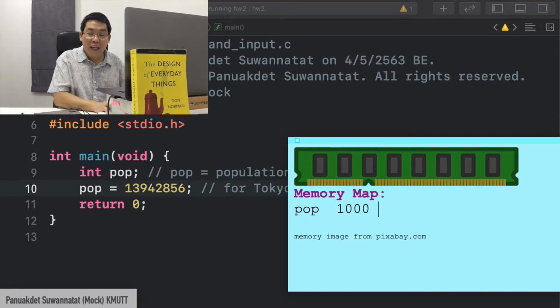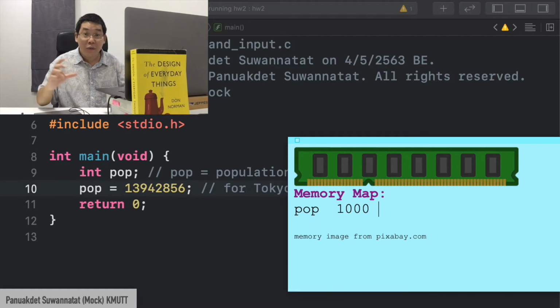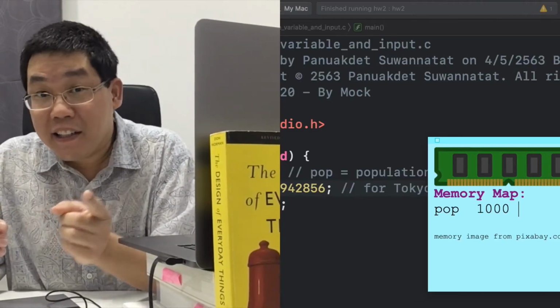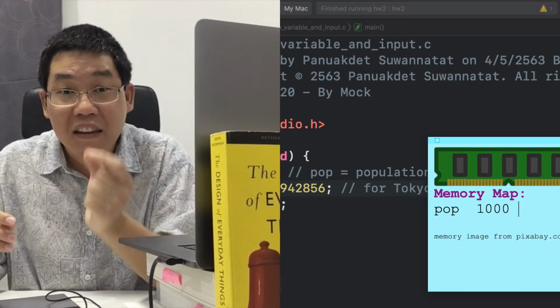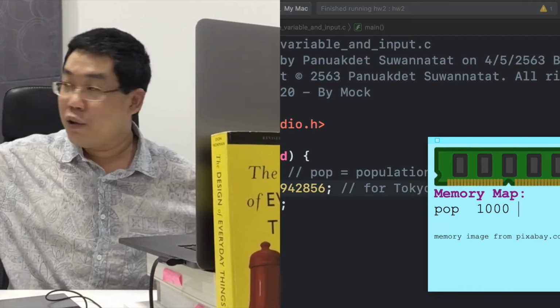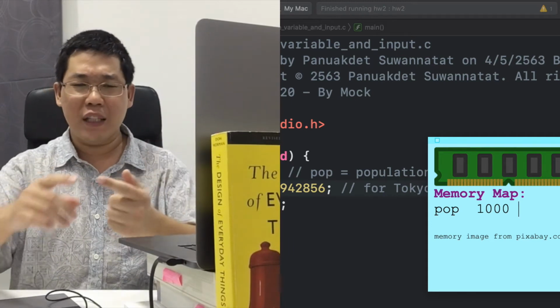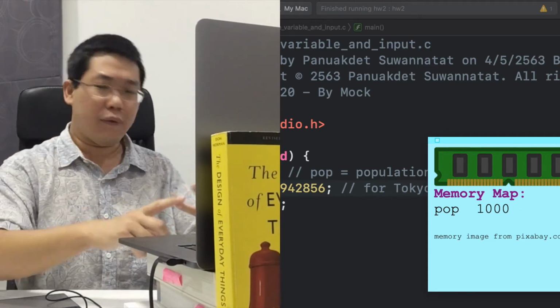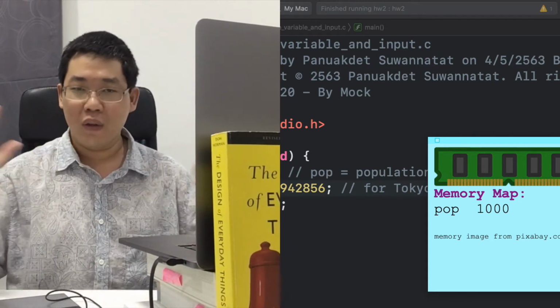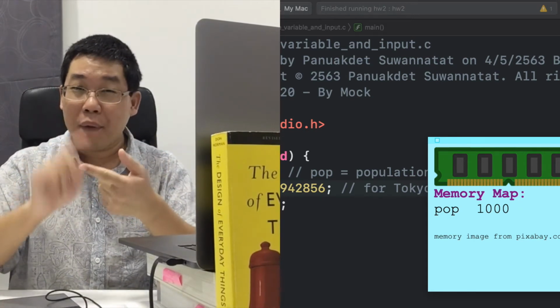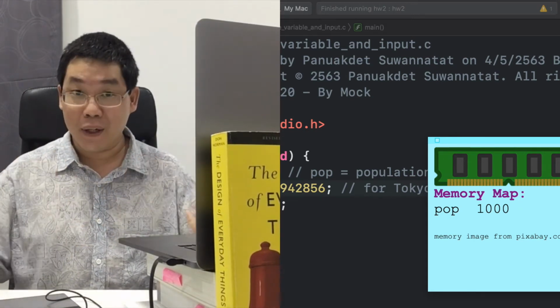And in that location, there are 32 bits for the integer in the memory. In the real world, an integer can mean anything from negative infinity to positive infinity. It can be just 1, 2, 3, 4, negative 1, negative 10, 0. Doesn't matter. But it cannot be 1.5. That's called floating point. Okay?